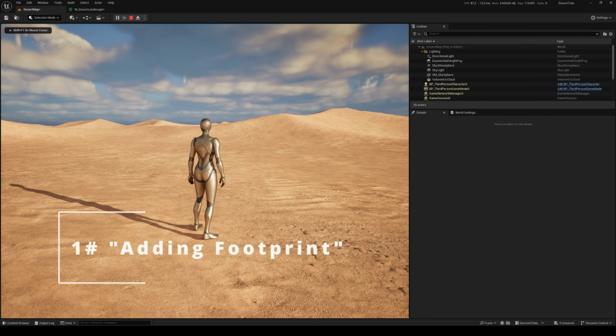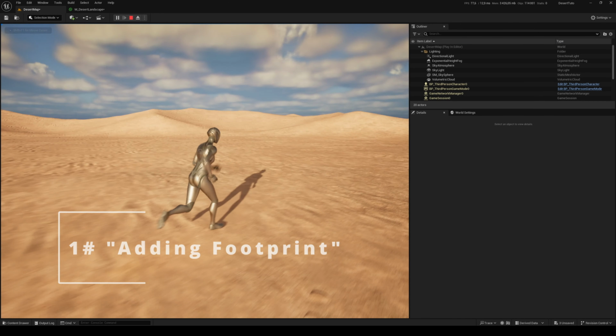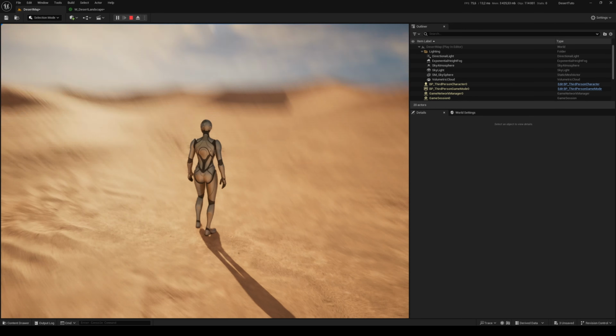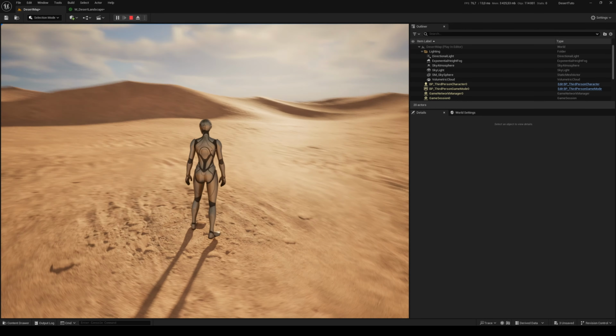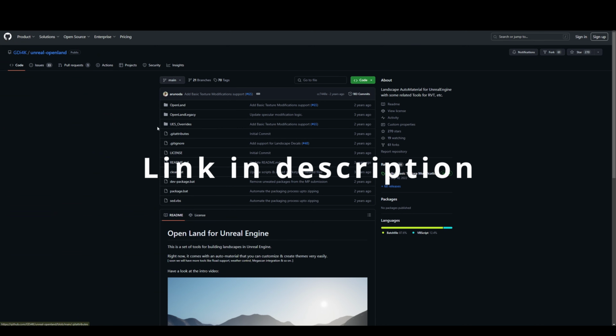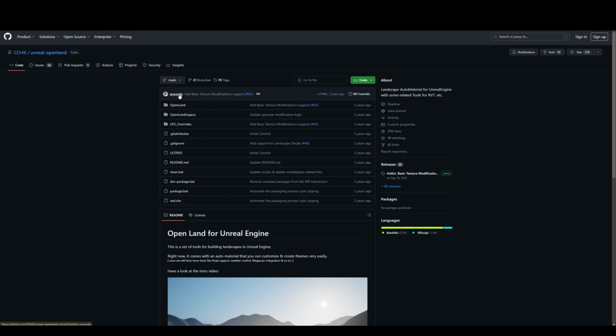So we want to create a footprint now on our player character. We are going to use the player character's foot to create normals, so dynamic normals, onto our landscape. To do so, we are going to download this. This is a project made by RVT, and it's free to use. So we're just going to download this by clicking here on the green code button,